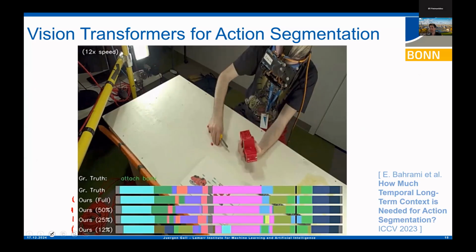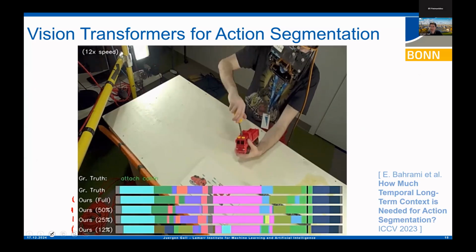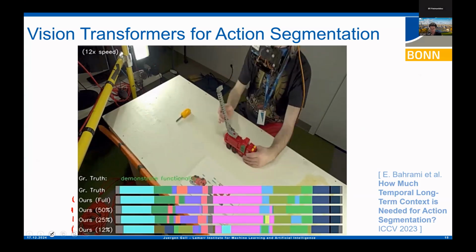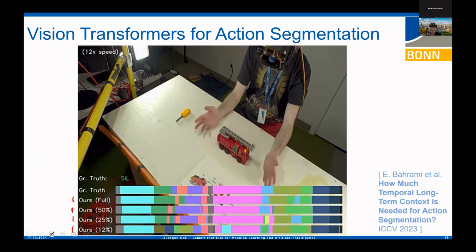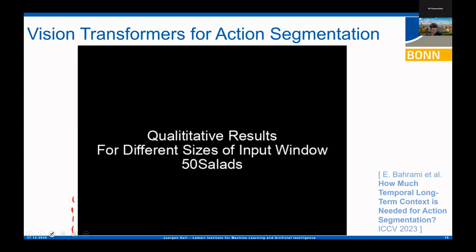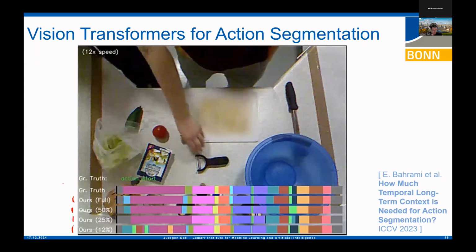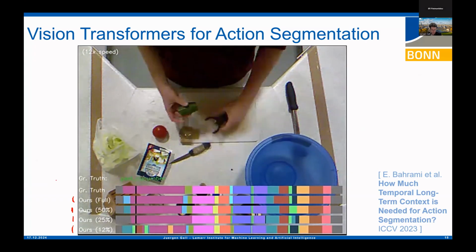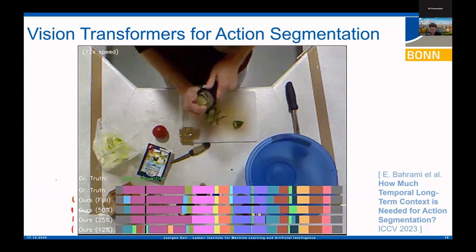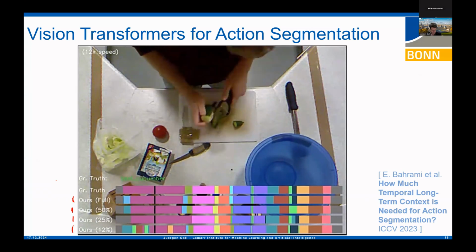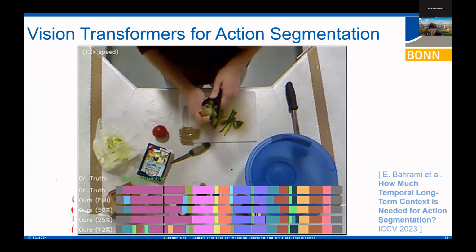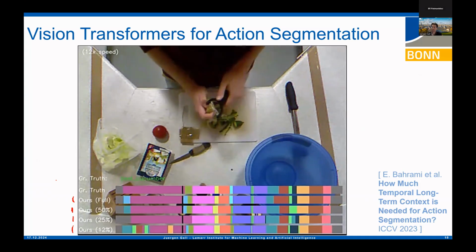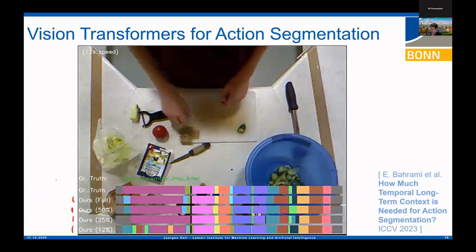And this is from what I mentioned at the beginning, the Assembly dataset. So this is a publicly available dataset where people assemble or disassemble toys, and the actions are very fine-grained. This is just another example showing the same impact on the video sequence shown before, on the dataset where people prepare different types of salads, and you also have the top view. Also here we can see that the color alignment between these estimates is better if we have the full context of the entire video sequence.